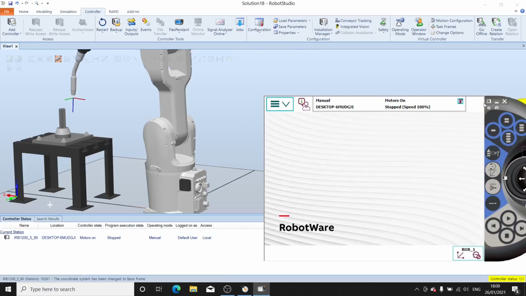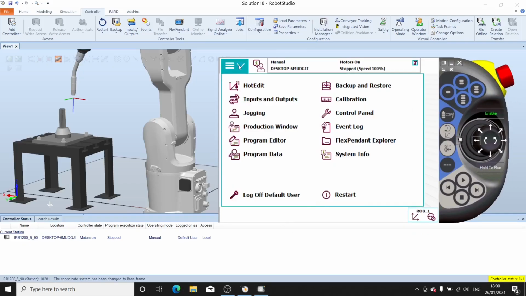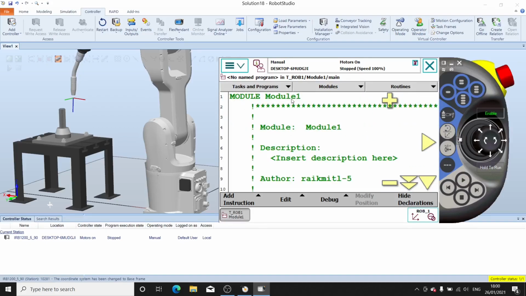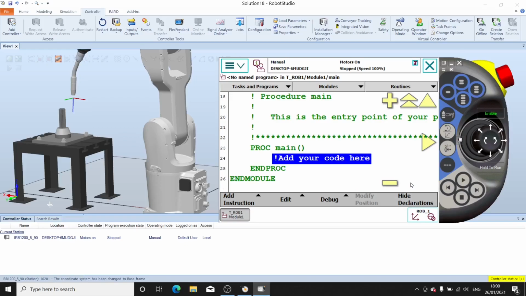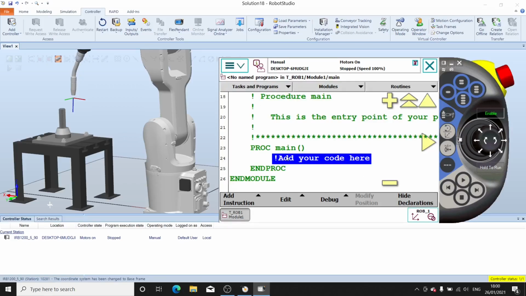Okay, so to start a new program, we will go to the window button and go to program editor. So go to program editor. So when we go to program editor, you will see a screen like this. So it creates a main procedure and it has a comment, add your code here. So this is a module called module 1, like we explained. So this is the main procedure. If you want to change your comment, you can use the inbuilt keyboard, or for now we will just add